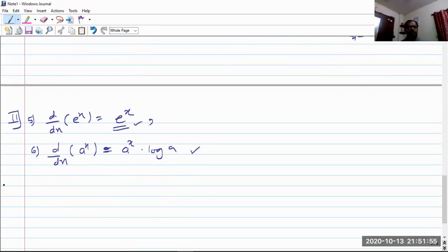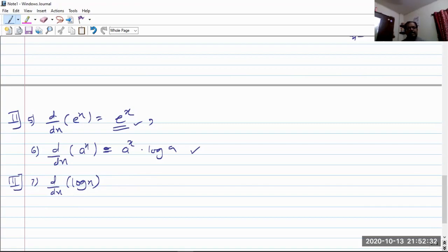After that, the third type of function is the logarithmic function. What are the logarithmic functions? Very simple. It is simply the derivative of log x. In the logarithmic function, in some cases the base is e, and in other cases the base is other than e. Such a logarithm where the base is e is called the natural logarithm, right? And whenever the base is not e, we call it something other than the natural logarithm.